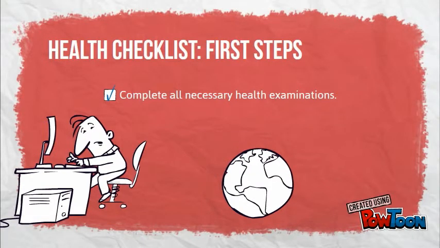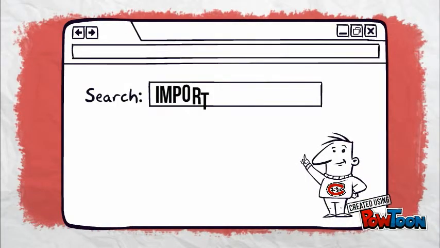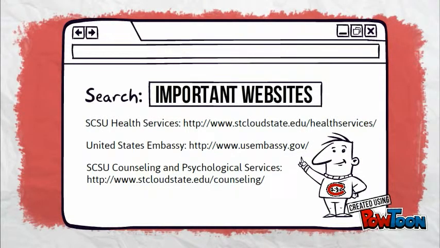It is suggested that you complete a physical, eye, and dental examination at least 3 months prior to departure. You should have your doctor's contact information in your possession while abroad, including phone number, address, etc. You should also bring immunization records with you in the event you are asked to provide this information. You can obtain your immunization history from your doctor or nurse practitioner. Here you will find a list of important websites that will provide you with vital information while abroad. Take a few minutes to explore each of the websites and note how they apply to you and your study